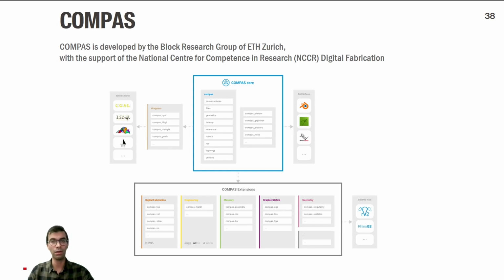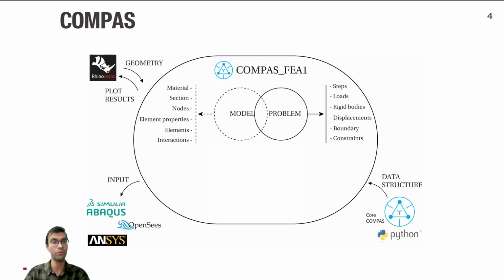For example, in our case, today we're going to talk about one of the extensions of the COMPAS framework, which is COMPAS finite element. The COMPAS finite element extension basically consists of two main domains, model and problem, which are integrated during the simulation process. It means that while simulating your structure inside COMPAS FEA, you're explicitly modeling material, sections,